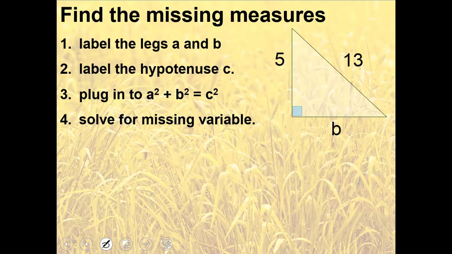Often we're not looking for the hypotenuse. Often we know the hypotenuse and we have to therefore figure out one of the legs. The good news is that you get to use the same formula. The thing you want to be careful of is making sure you plug into the formula correctly. So again, label your legs A. The legs meet at the 90-degree angle. They meet here, all right? So A is equal to 5. B, we're looking for, we don't know it, and C, our hypotenuse, because it is across from the right angle, is 13. I write my formula,